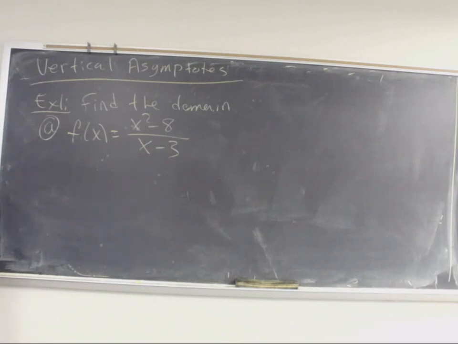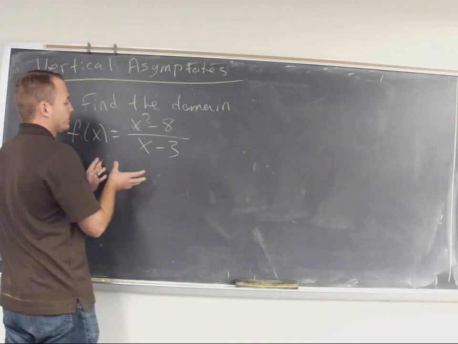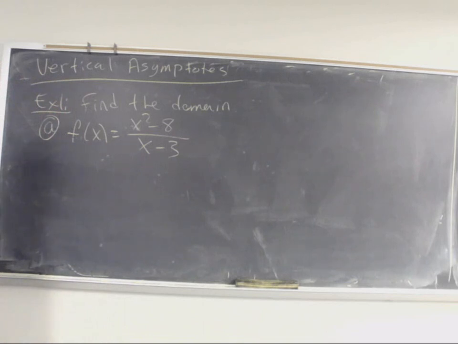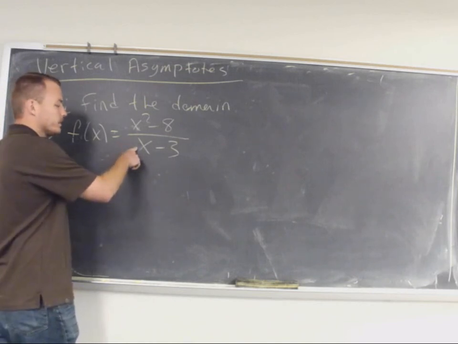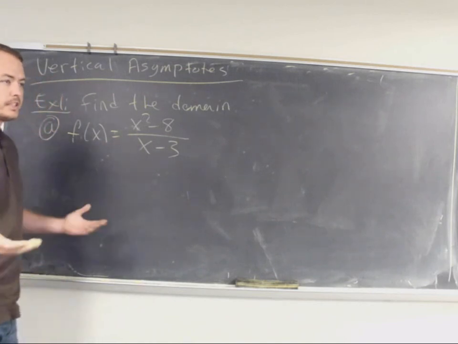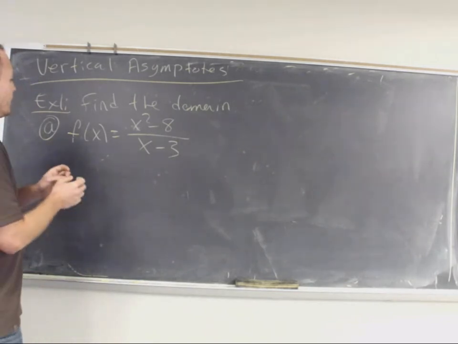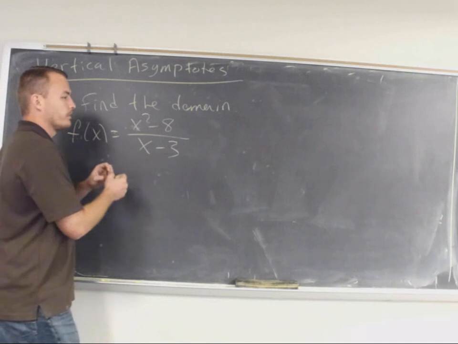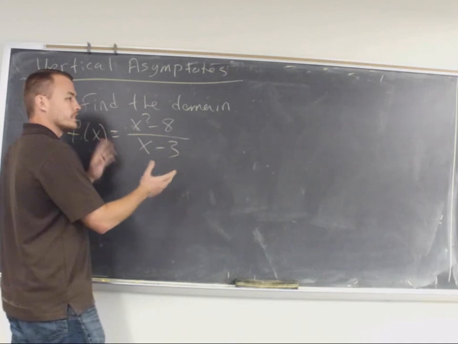So, let's refresh ourselves on what domain means. Domain is the set of all the x values that this function exists. So a function does not exist, or is undefined, I should say, when we have a 0 where? In the denominator, on the bottom. We cannot have a 0 on the bottom because that's undefined. So what that tells me when I'm looking at this rational function, it says that all the x values for this function, I can have all the x values are all the numbers except what makes the